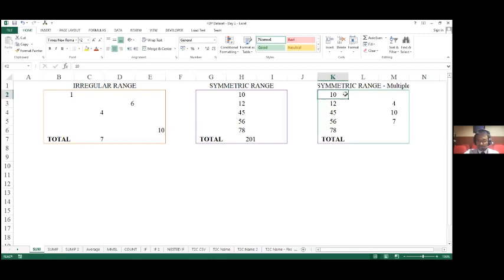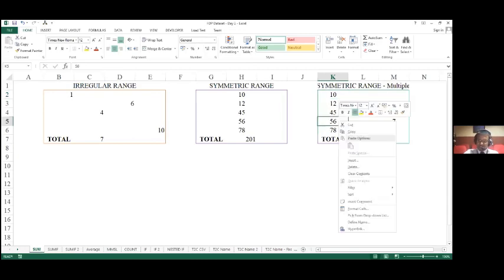So I have multiple series, both symmetrical in nature, and I want the sum for these two series. Also, if you notice, my series are of different lengths. Here I have 5 values, and here I have 3 values.